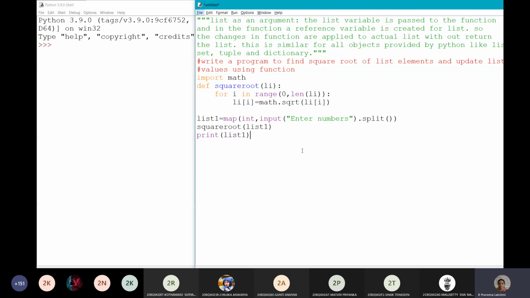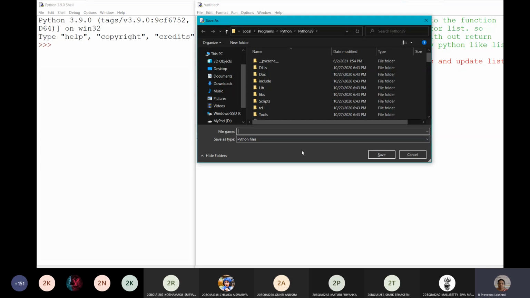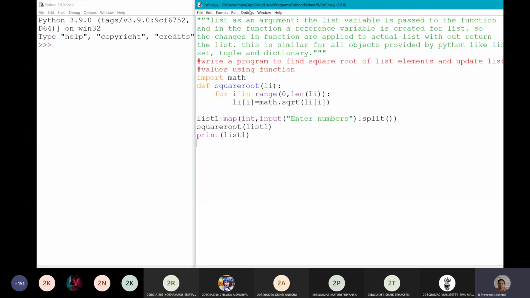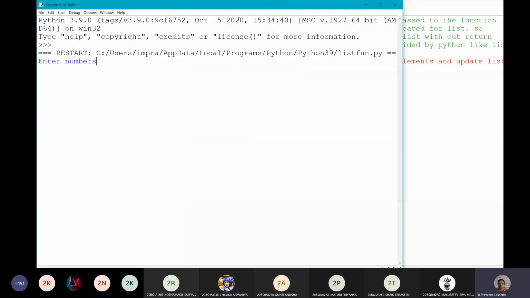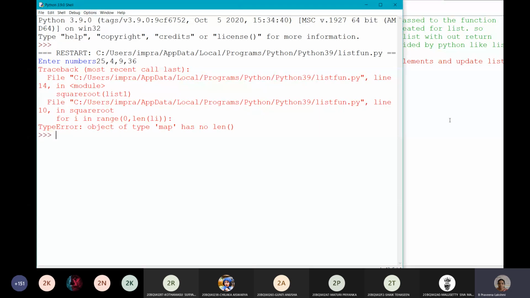Okay, I will check this function. Enter the numbers 25, 4, 9, 36. I'm giving 4 values. Map has no length.